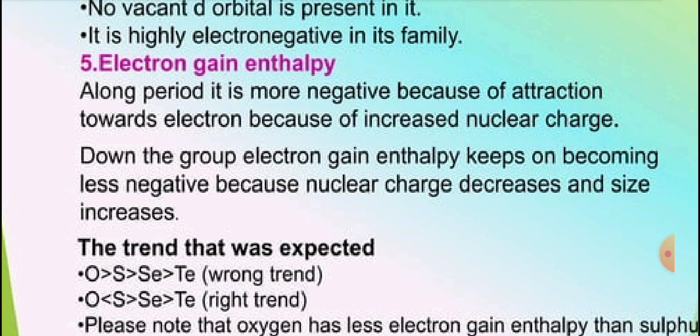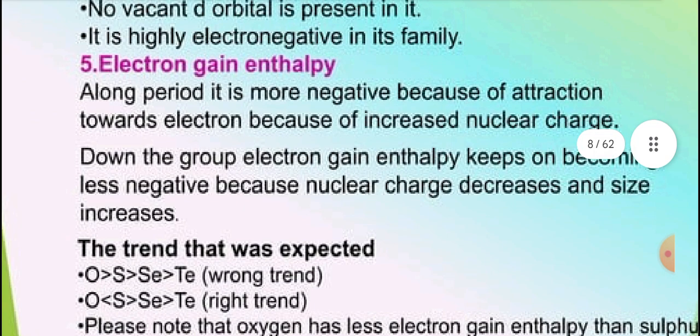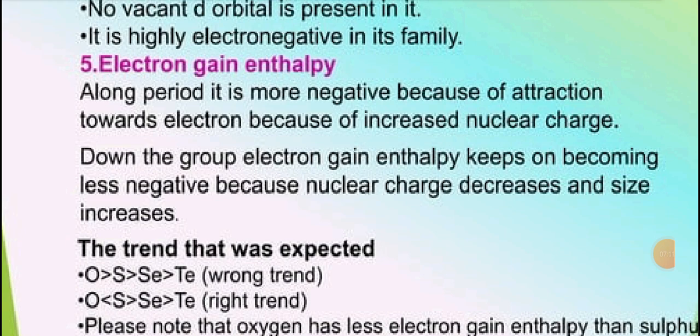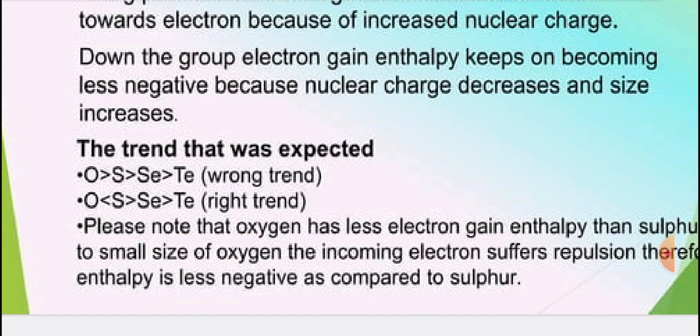Then, electron gain enthalpy. Across a period, it is more negative because of attraction towards electrons due to increased nuclear charge. Down the group, electron gain enthalpy keeps on becoming less negative because nuclear charge decreases and size increases. The expected trend would be oxygen, sulfur, selenium, tellurium, but the actual trend is somewhat atypical. That is, oxygen has low, sulfur is highest, then selenium, and then tellurium is lowest